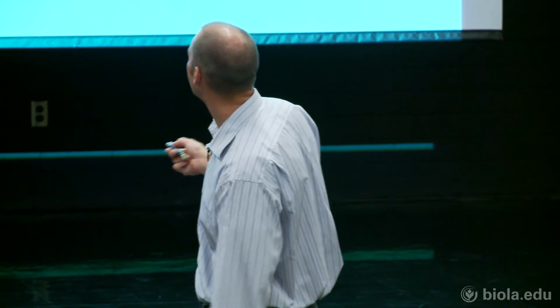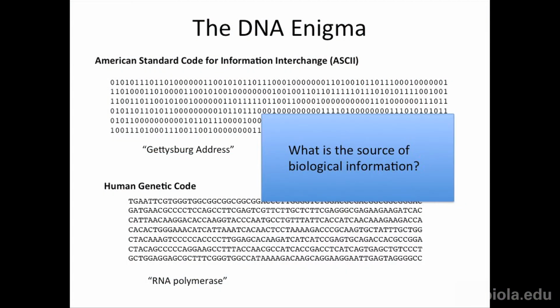So the DNA Enigma says, this is the human genetic code. And I grabbed sequence for RNA polymerase because we just talked about RNA polymerase. So if you follow this, where is the ATG? I can't find it. I don't think I put in the ATG. There should be a start methionine that we could find there. But this is the part of the code for the RNA polymerase. The DNA Enigma is, if there's information here, if there are 2 languages, and there's a code to translate one to the other, what was the origin of that code? What is the origin of biological information?